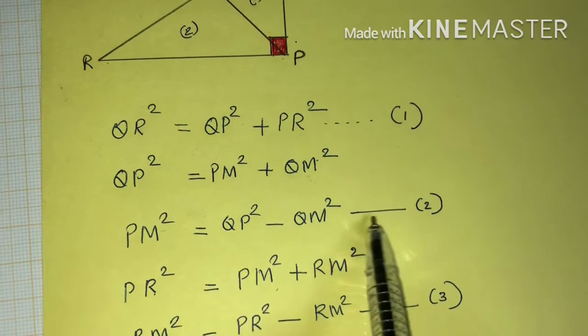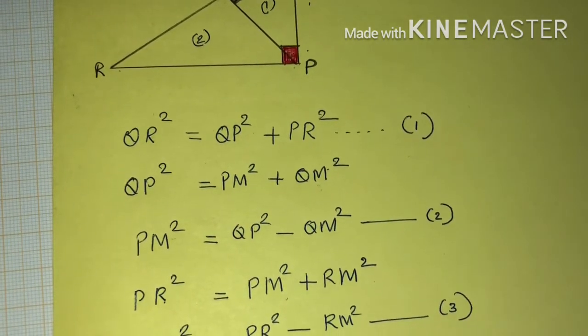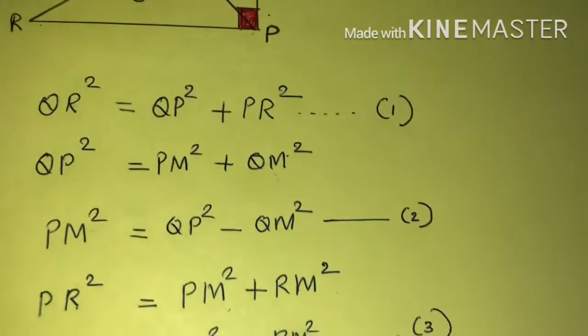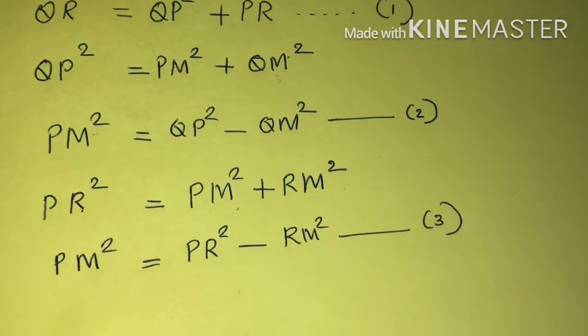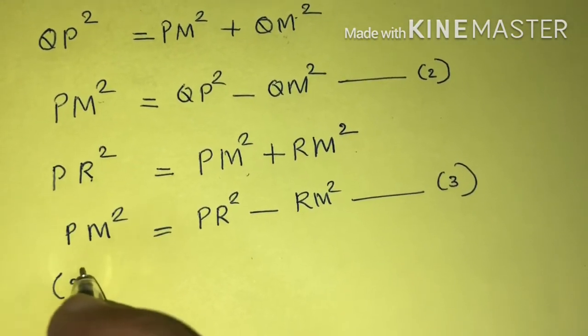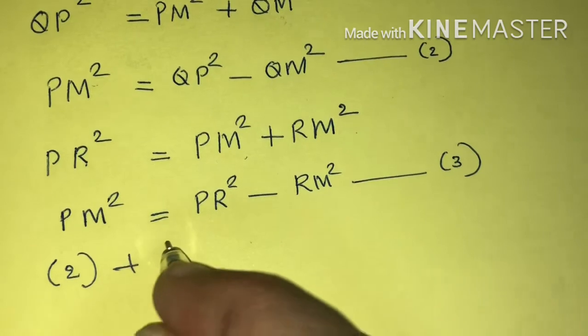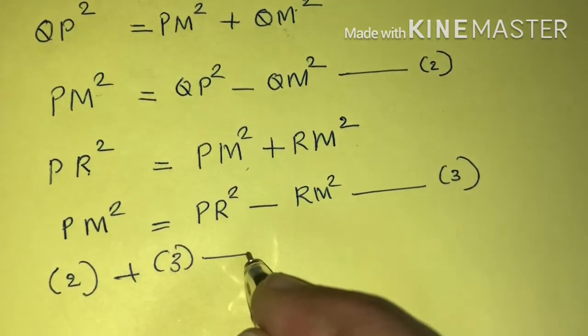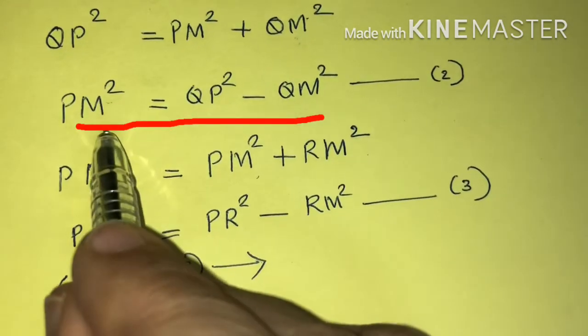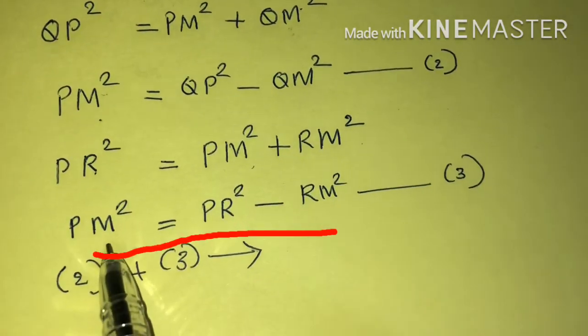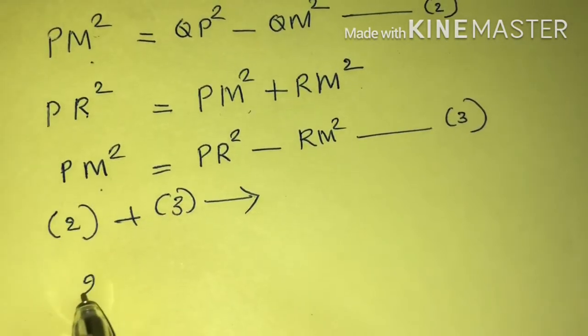Equation number 2 and equation number 3 we get PM square. We can do equation number 2 plus equation number 3. Then what we get? Left side PM square and PM square. We get 2 PM square